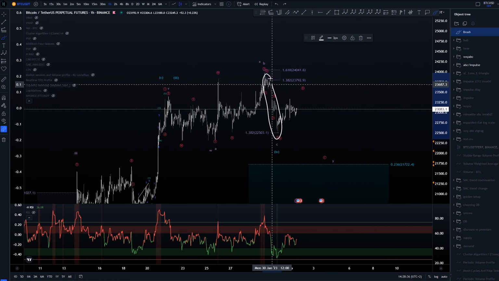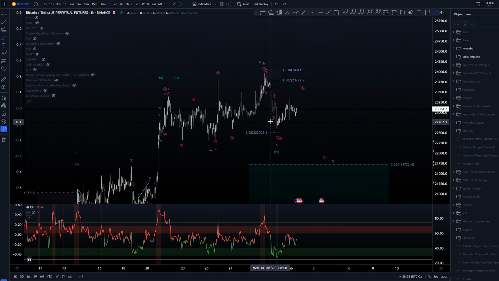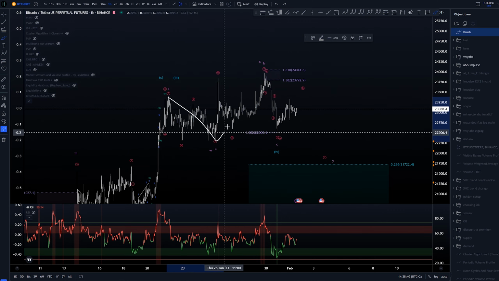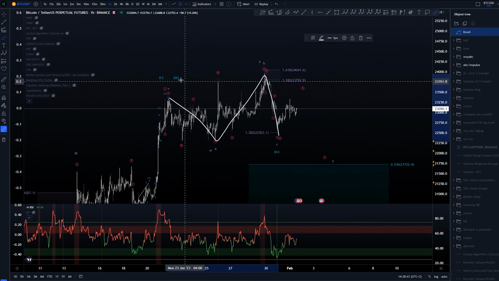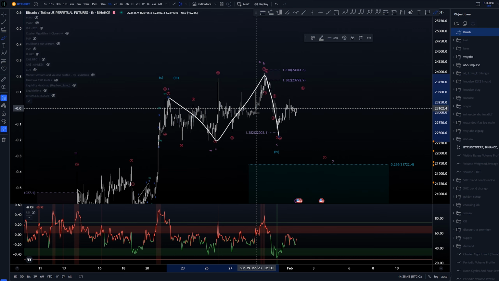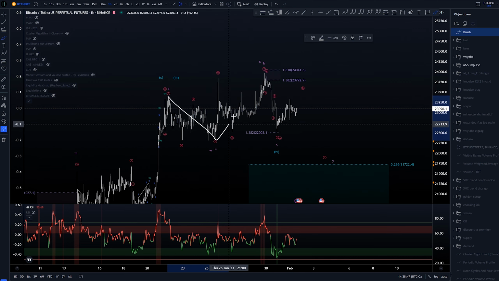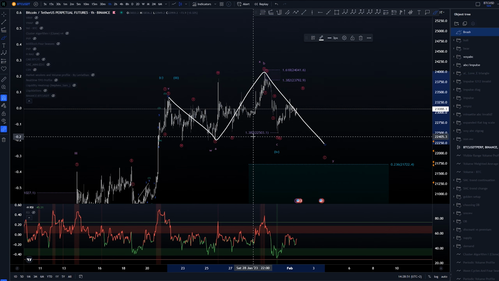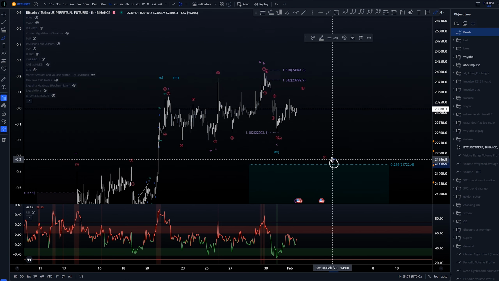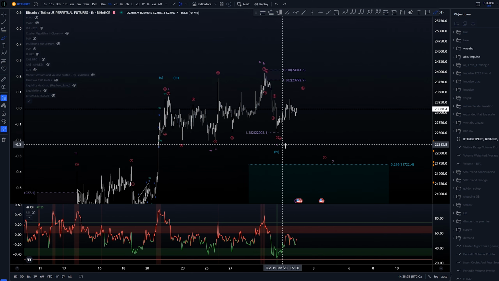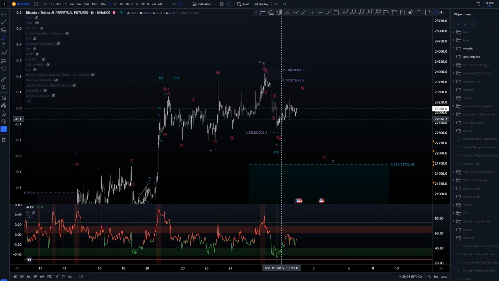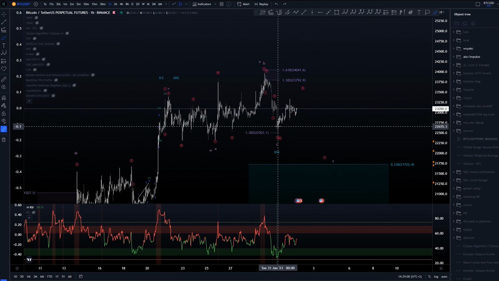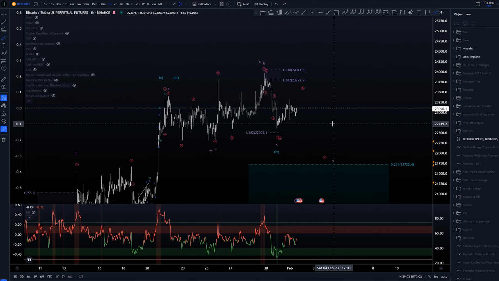This C wave here, or potential C wave, if ended here, would already finish this structure, and you can see that it is not perfect looking. So there is definitely a chance that we would be creating something like this instead, which would have better proportions. That's why I'm looking for that potential wave 1. Of course, wave 4 can be in already, and we have a bullish count from the lows as a possibility. But we'll look into that later on.